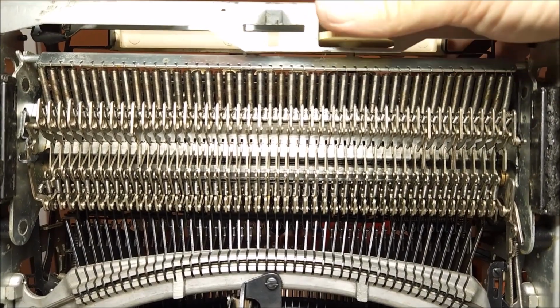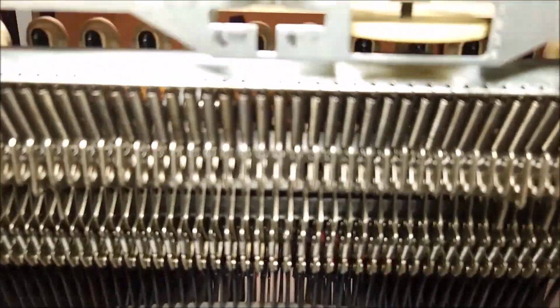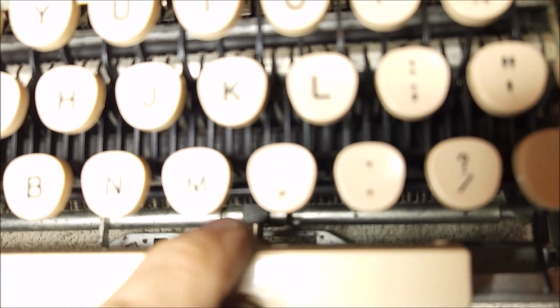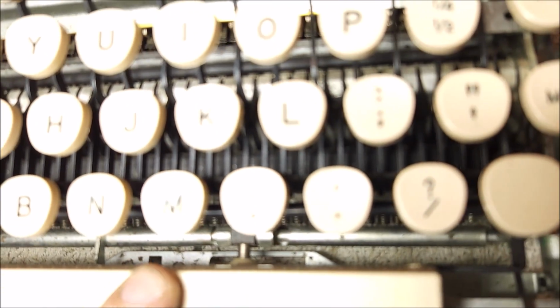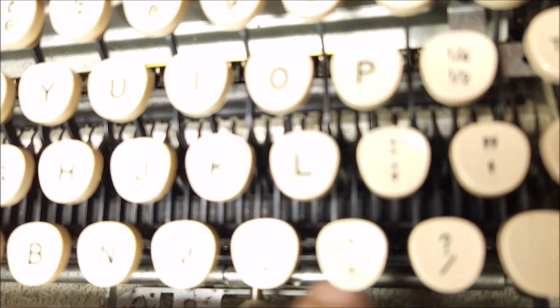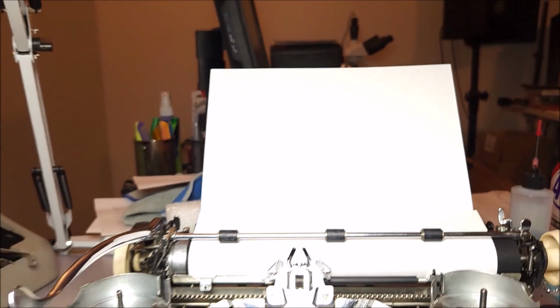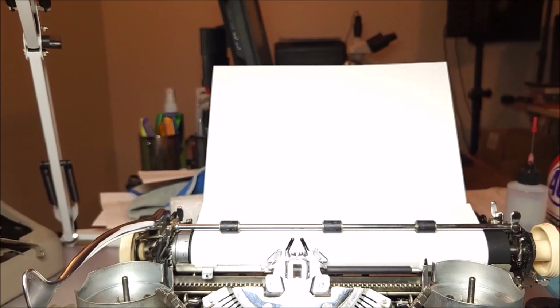Now this has, let's see if I can show this. I'm going to take the camera out of the camera mount for a moment. What this has, you can see it right there. There is a connection across that bar between that and the wheel shaft. Put this camera back in place. What that does